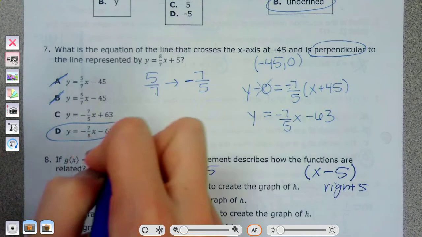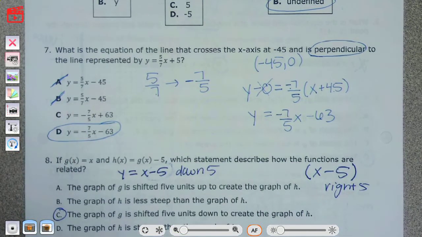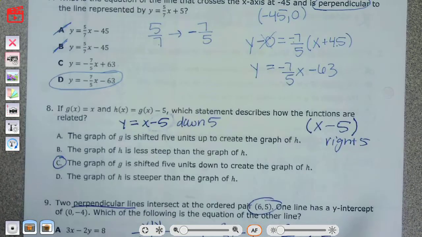So my answer is D. Okay. I already ended up doing number 8